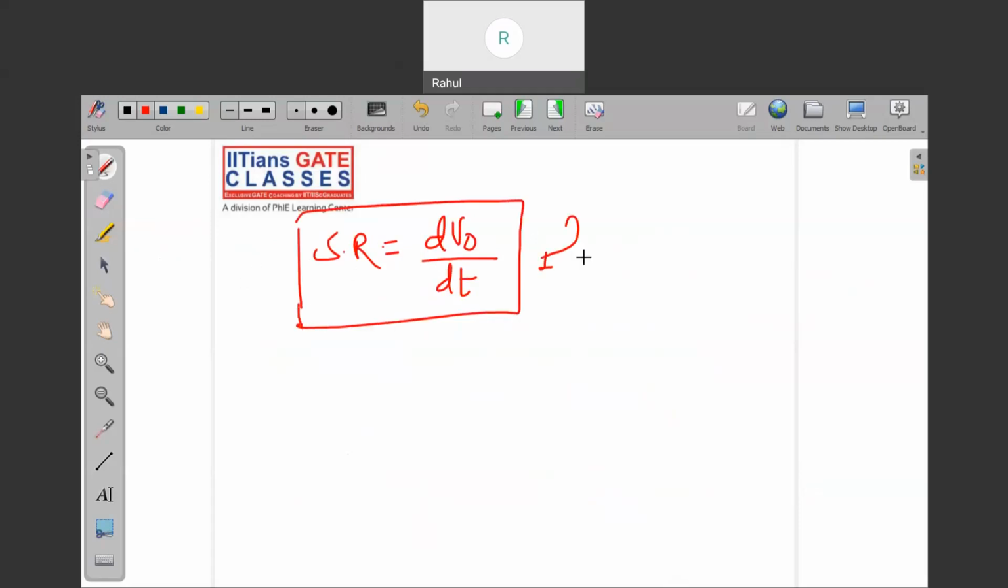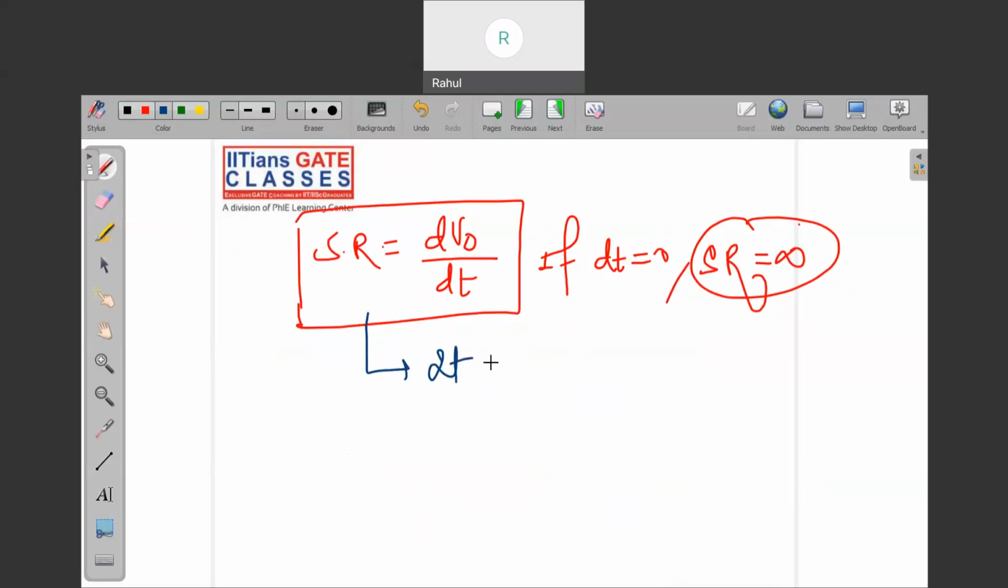If dt equals 0, then the slew rate is infinity. You have to keep this in mind. You have to keep these things in mind as well. It is expressed